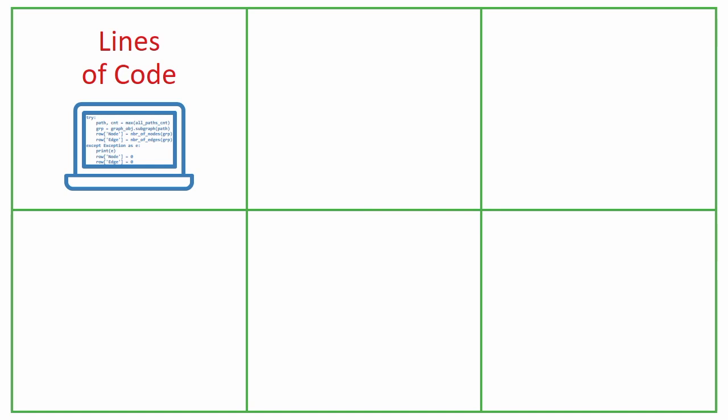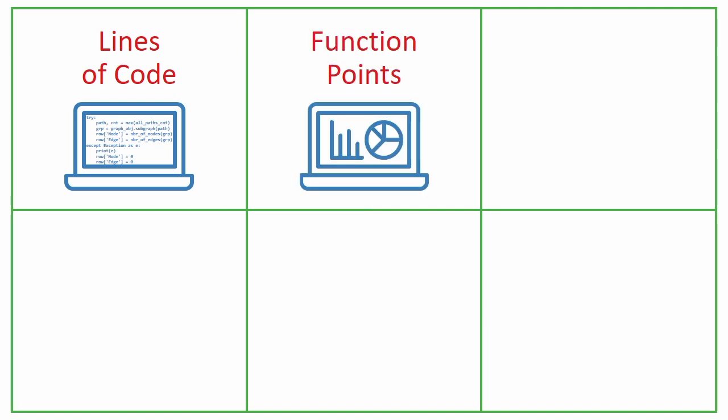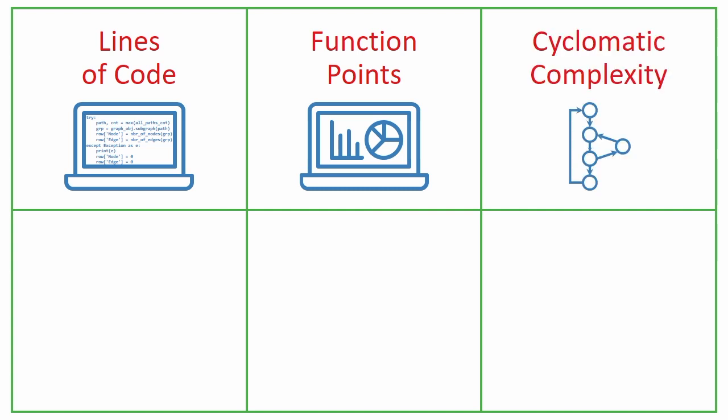The most basic measure is lines of code, which uses the number of source code records to estimate maintainability. Function points estimate the amount of business functionality an app provides to users by classifying each of its functional units as simple, average, or complex. Cyclomatic complexity is used to indicate the complexity of a program by measuring the number of linearly independent paths through